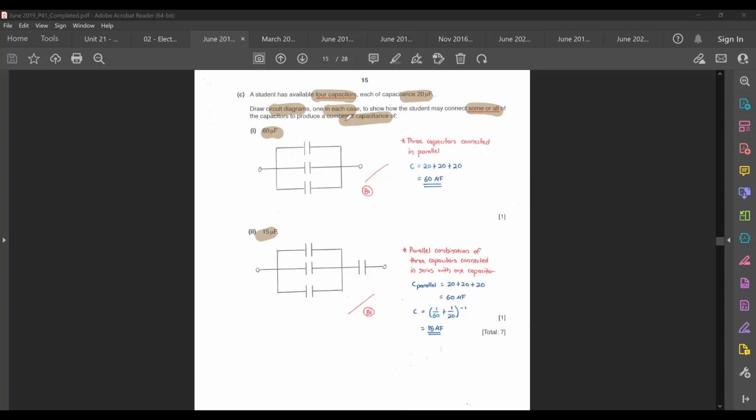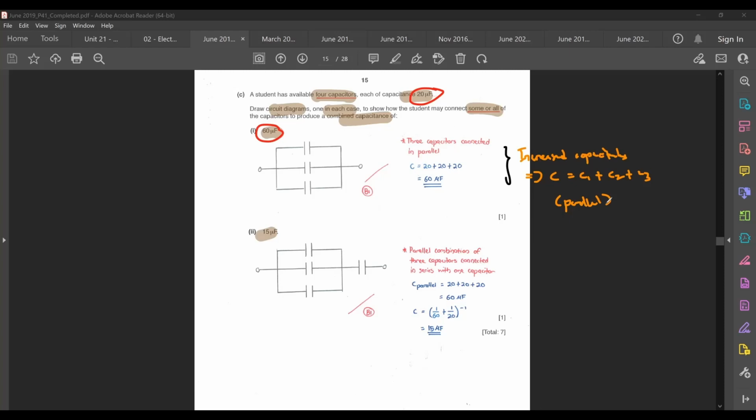So in your case, you want to have 60 microfarads when one capacitor is only 20 microfarads. So you want to increase your capacitance here. Because you want increased capacitance, the way to think about it is something like this, where C is C1 plus C2 plus C3, right? So the first thing you probably start with is